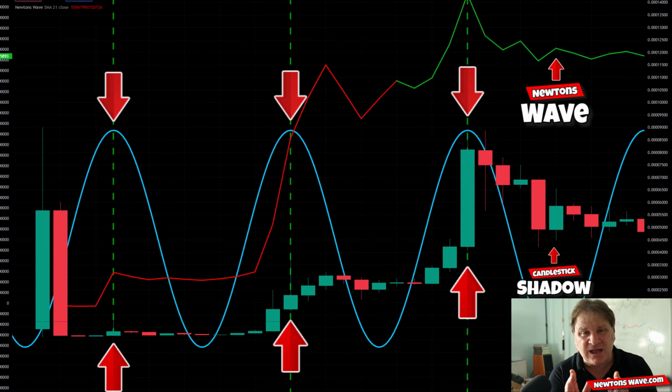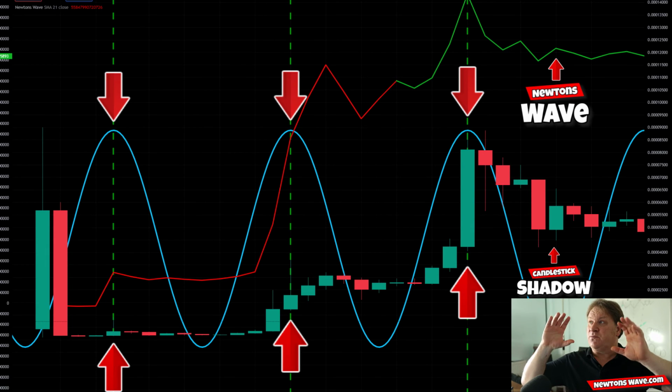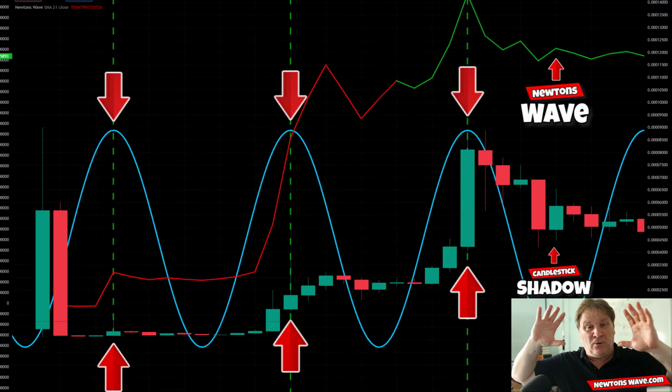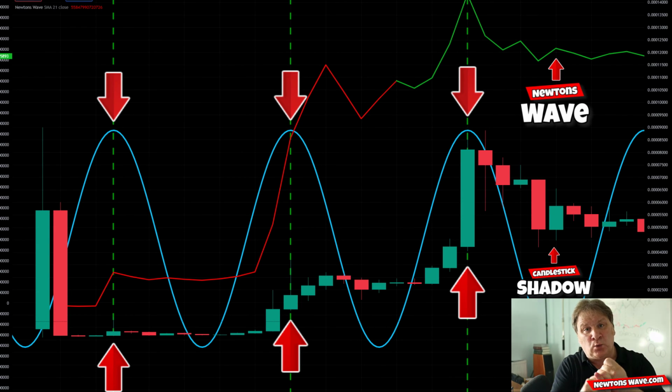Trading is a science. You don't trade the candlestick pattern, you trade the sine wave. The sine wave moves and the price, when the sine wave comes down, the price goes down. When the sine wave goes up, the price goes up. If you're not trading sine waves, you're trading blind. Sine waves are the threads or the fabric of the universe. Sound waves, right? Gamma rays, light waves, they all travel. Electricity, it all travels through sine waves.